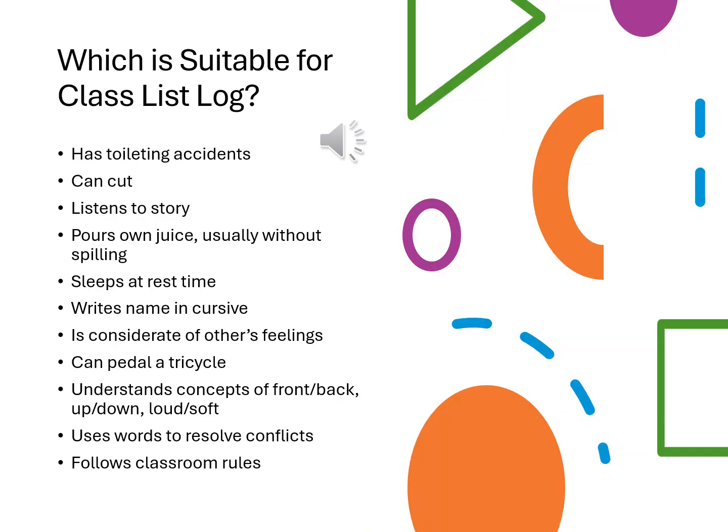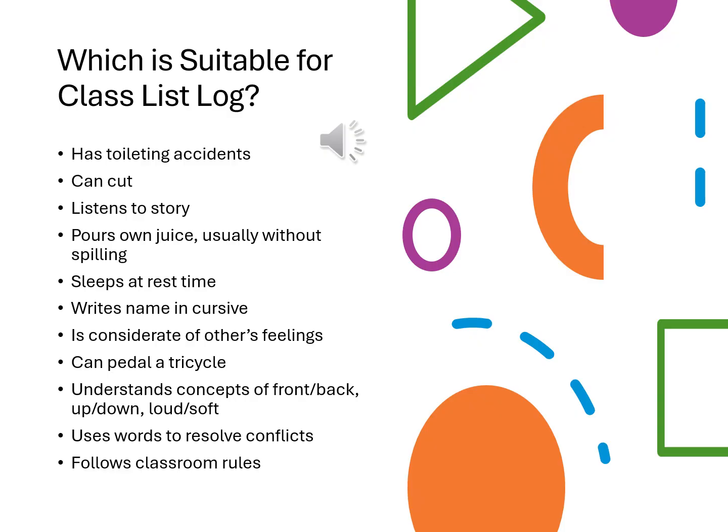So as I mentioned before, class list logs can be used for all kinds of information. This is not an exhaustive list. I would encourage you, after you listen to this slide, to write down some other ideas of things that you could use a class list log for. But these are some of the behaviors that might be appropriate to pay attention to, and things that you can easily write quick notes on, because remember, you're not going to just be writing a note for one child. You're going to be trying to look at everybody and write a note for everybody. So sometimes simple, easy to observe behaviors that you can jot down quick notes on are the best for a